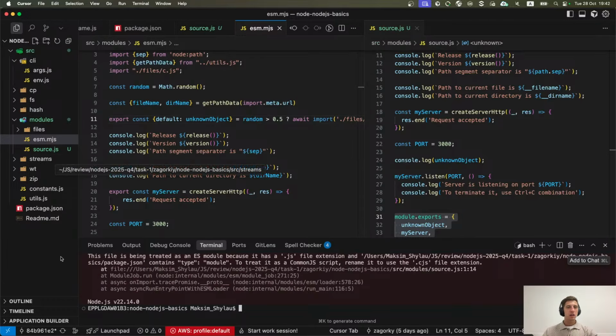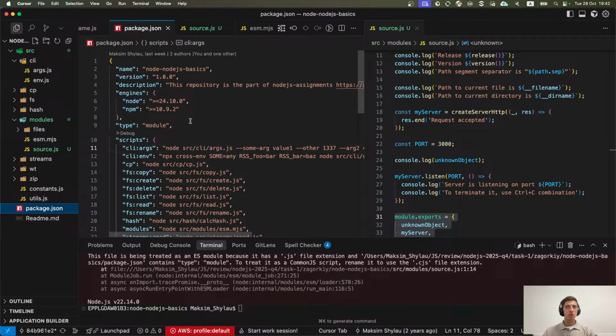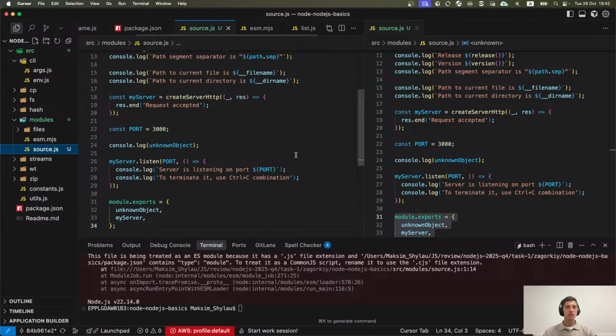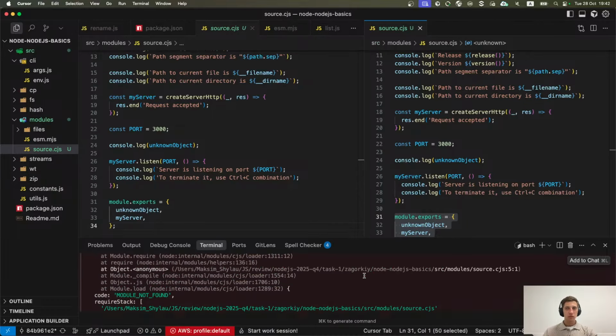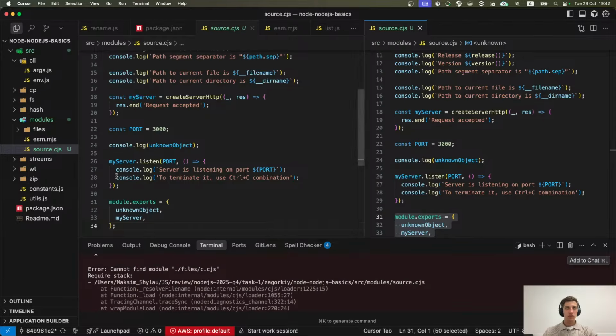I have type module here, so by default my beloved Node.js treats this file with JS extension as ECMAScript modules, and that's why we have an error. To explicitly say that we are working with a CommonJS module, we should change the extension to CJS, and it should work fine. Module not found.